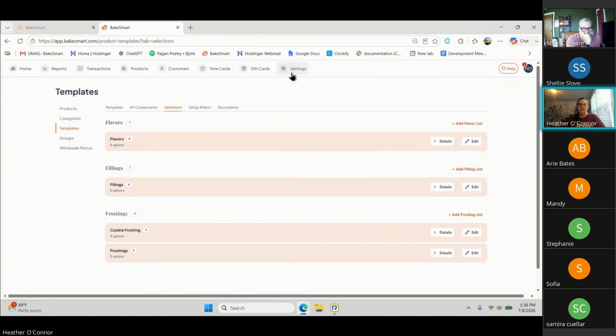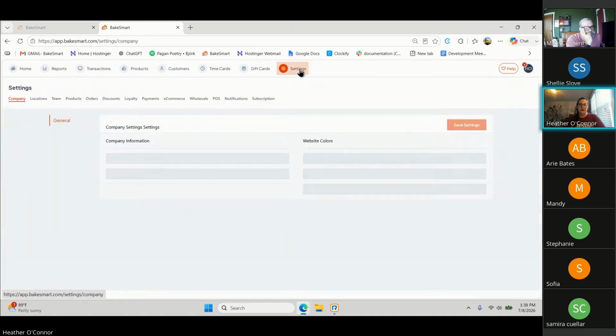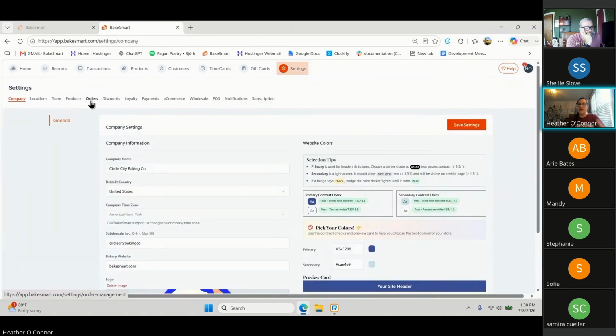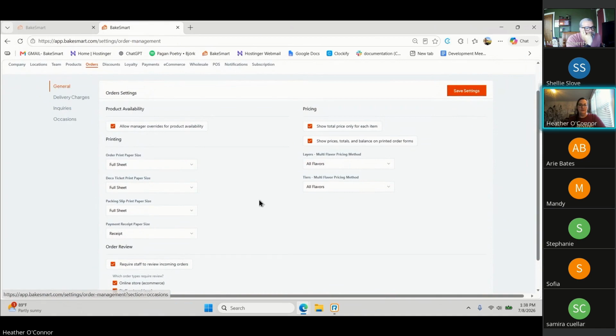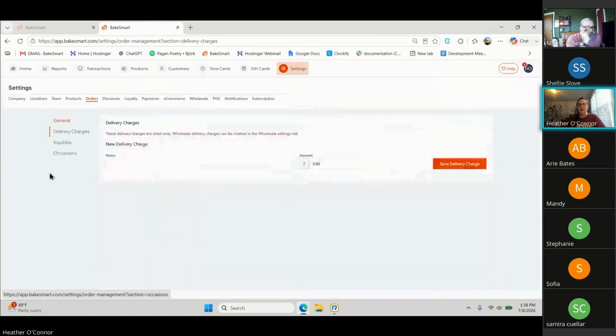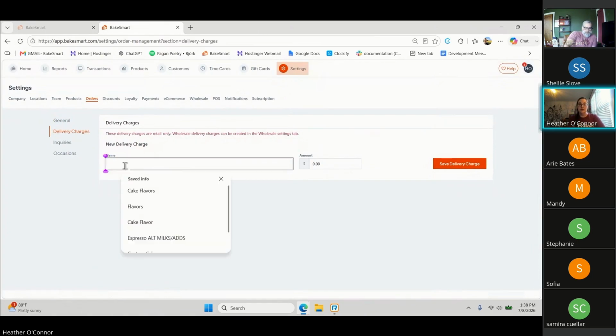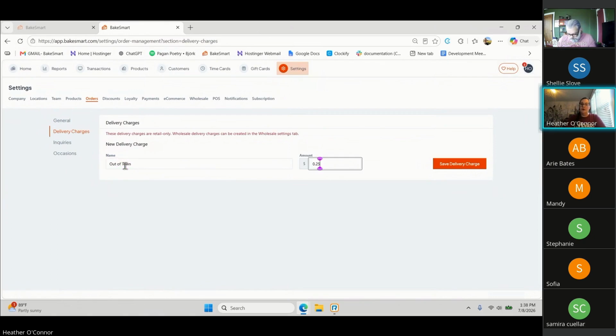We also started offering, underneath our settings and orders as it pertains to our products and our customers, you can now enter delivery charges, right? You could always do delivery charges for wholesale and you could offer delivery charges as a product, but now you can put a delivery charge in here, out of town, for retail customers,